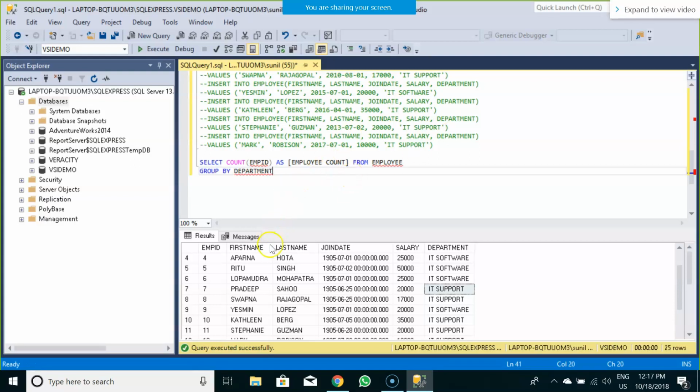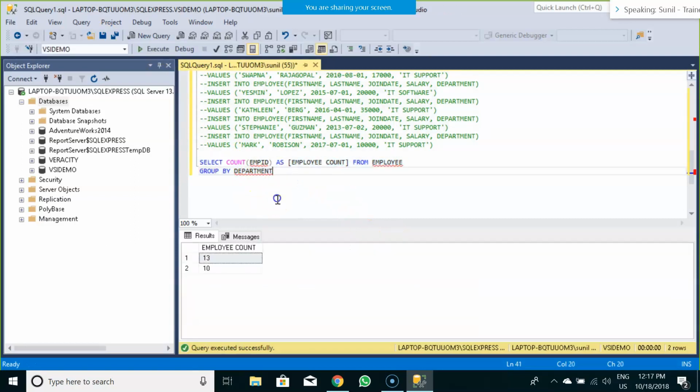Now, when I fire this query, I am just getting the count. What is the scenario wherein I also want the department name to be displayed alongside the count?